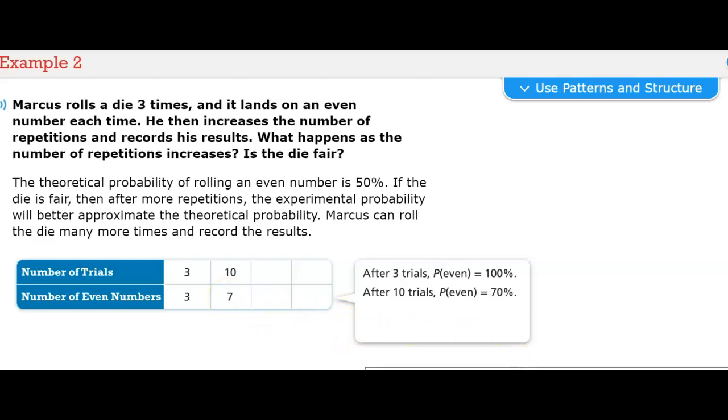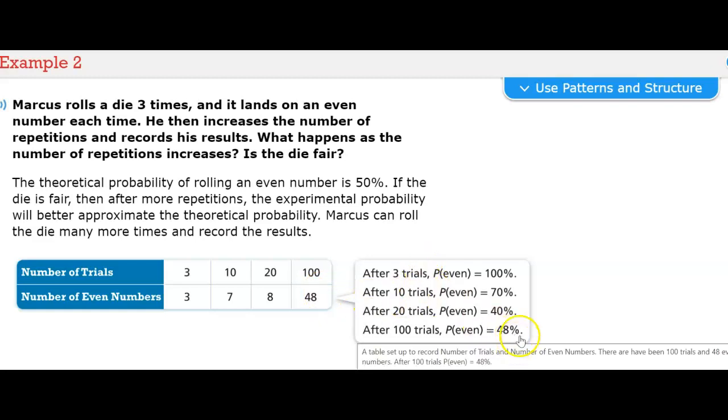Then he rolls it 20 times. Out of that 20, he gets 8 times an even number. And then last here we have 100 times he rolls the die, and 48 times he is able to get an even number. So at 48%,